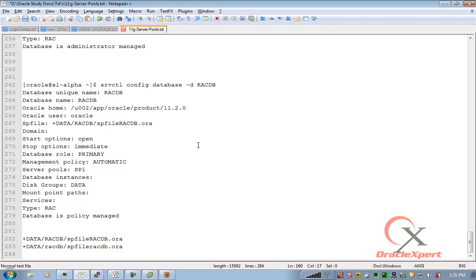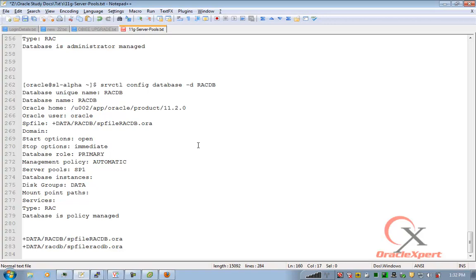when one gamma node was down, it didn't report alpha and beta to be the probable candidates, and that's why it couldn't bring up that service. So it's always good to be on the latest patch set, latest PSU level. That way it will ensure that we don't face any abnormalities other than the product features which are documented by Oracle.